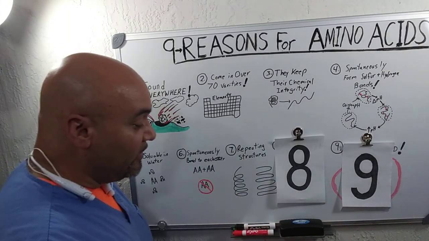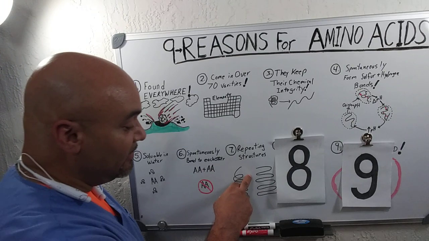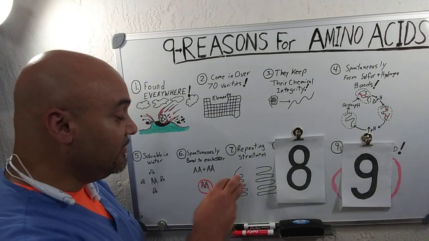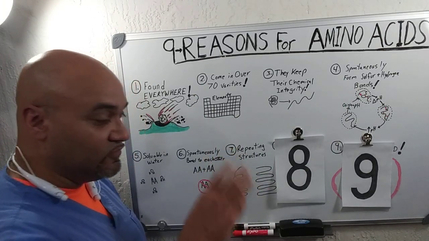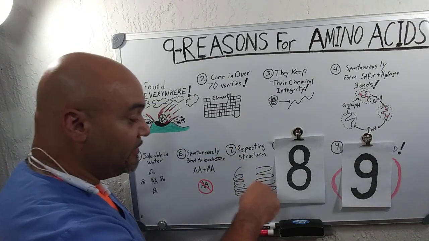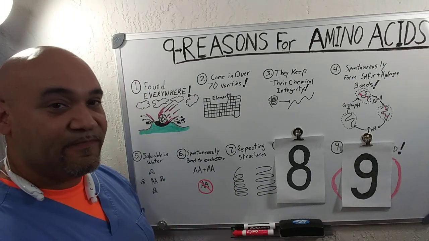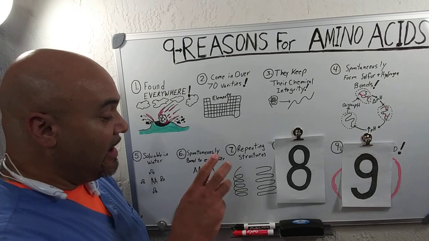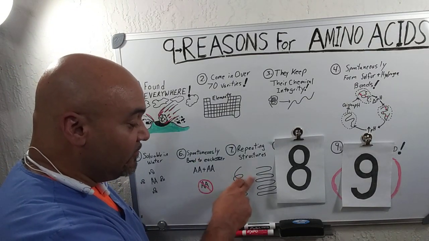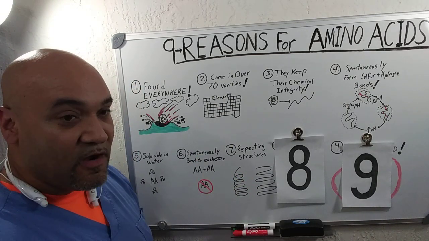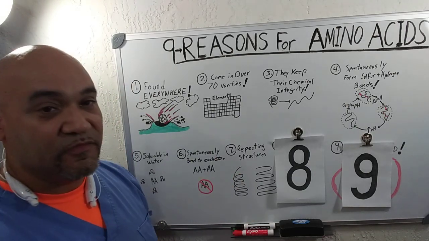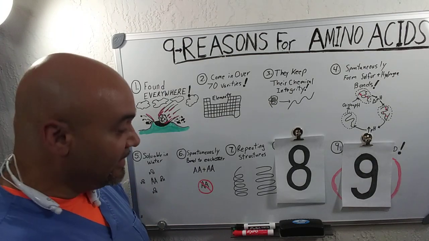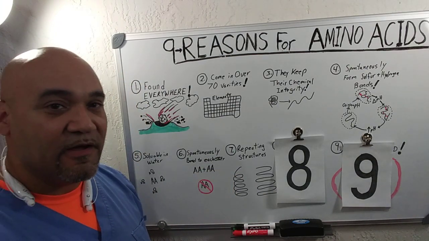Now, the one thing that always needs to stay the same is the area where the reactive center is. The reactive center needs specific amino acids to cause a reaction to occur for the protein, but the other ones are just for structure. So you can interchange any of those amino acids, and as long as the ones that form the reactive center are the same, that protein will do the same job, regardless of the sequence for the rest of the structure. Again, something you do not find with other compounds.